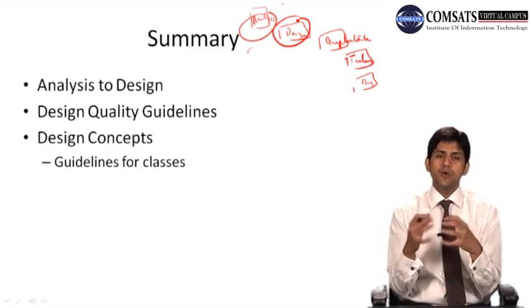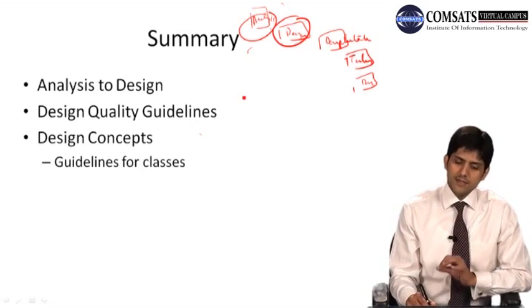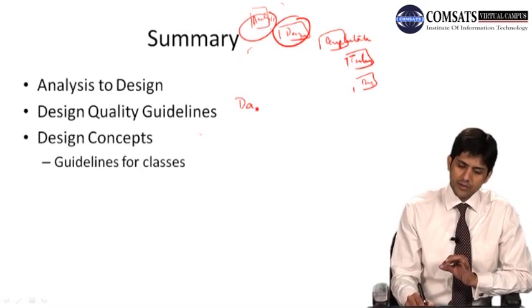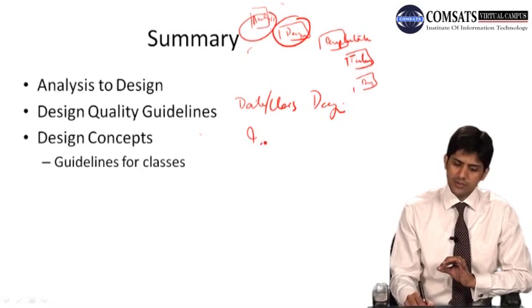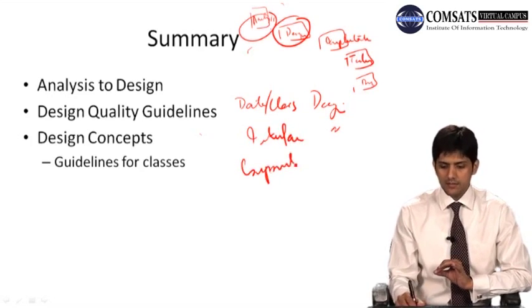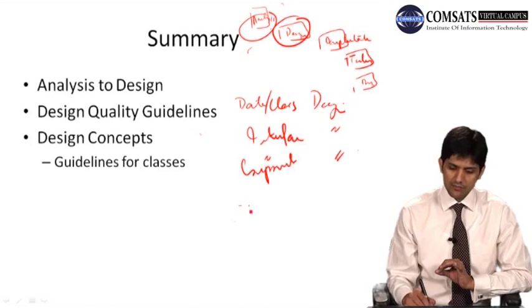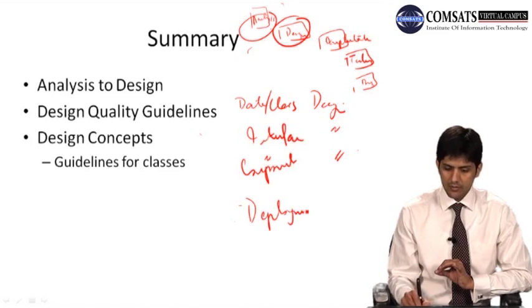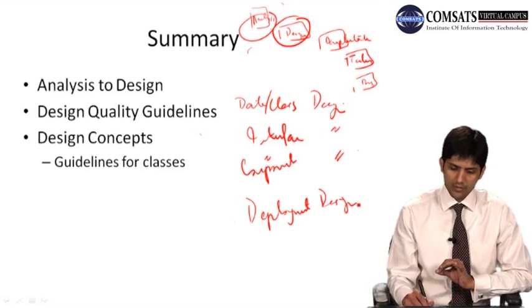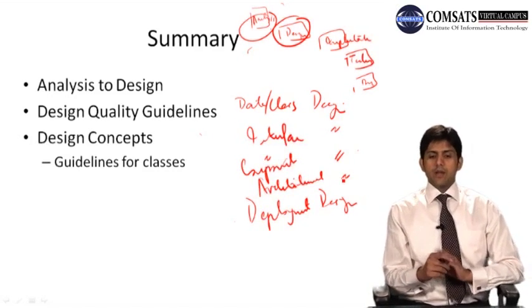So we tried to establish in this lecture how we move from the analysis stage to the design stage, ठीक है। Actually before we did that we saw कि डिज़ाइन के मेन एलिमेंट्स क्या होते हैं, ठीक है। तो हमने कहा जी डिज़ाइन के अंदर क्या क्या चीज़ें होती हैं, we have data and class design, ठीक है। एक हमारे पास होता है interface design, then we have the component design, ठीक है, ओके जी, and we have deployment design, और one thing that I missed was architectural design, ओके जी, ओके।